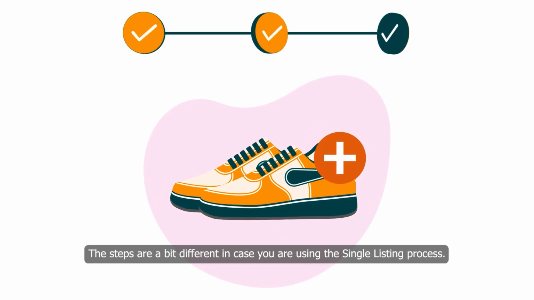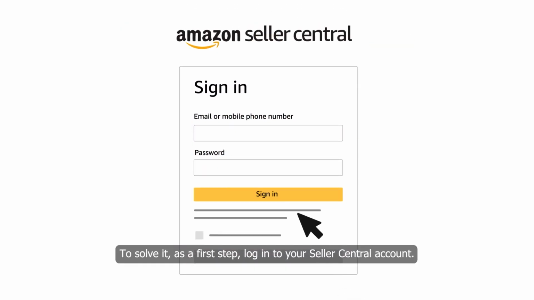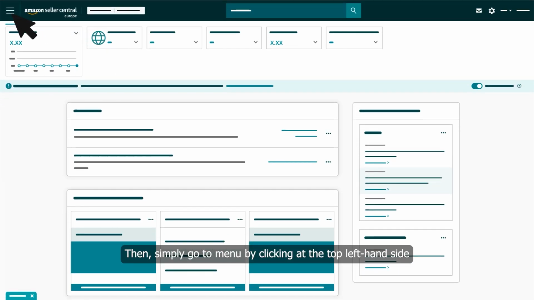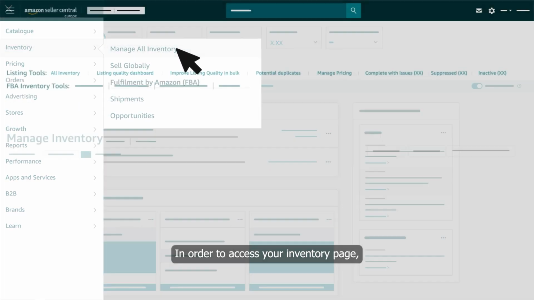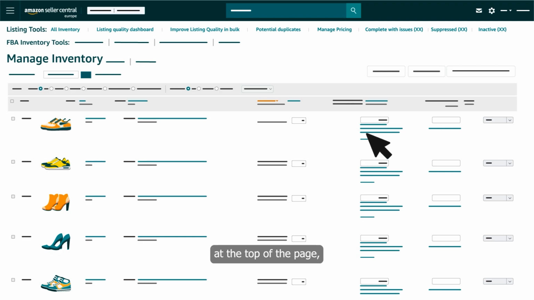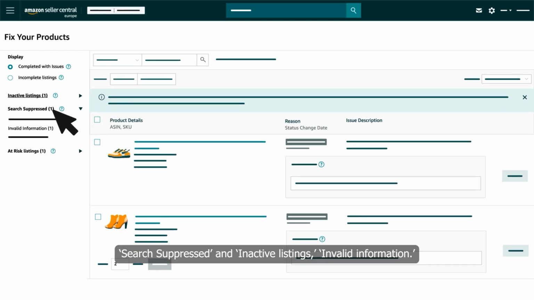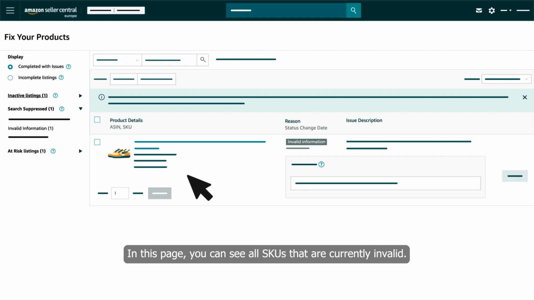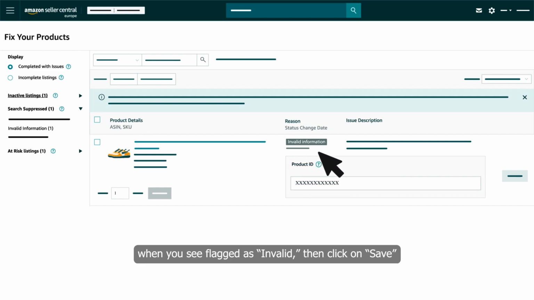The steps are a bit different in case you are using the single listing process. To solve it, as a first step, log in to your Seller Central account. Then simply go to Menu by clicking at the top left-hand side and then click Inventory and Manage All Inventory. In order to access your inventory page, at the top of the page, click on Complete with Issues, Search Suppressed and Inactive Listings, Invalid Information. On this page, you can see all SKUs that are currently invalid. Here, just provide the correct values when you see them flagged as invalid, then click on Save